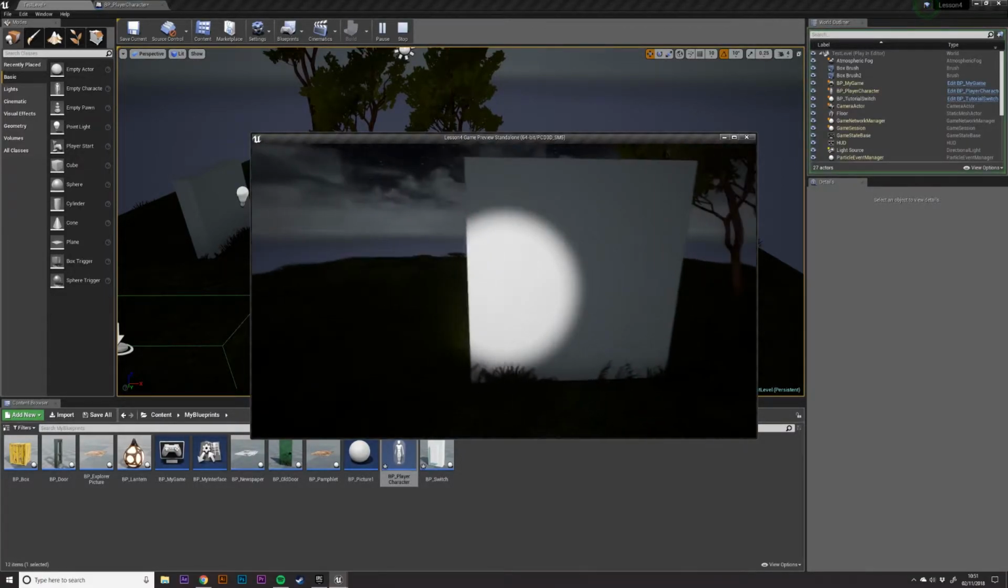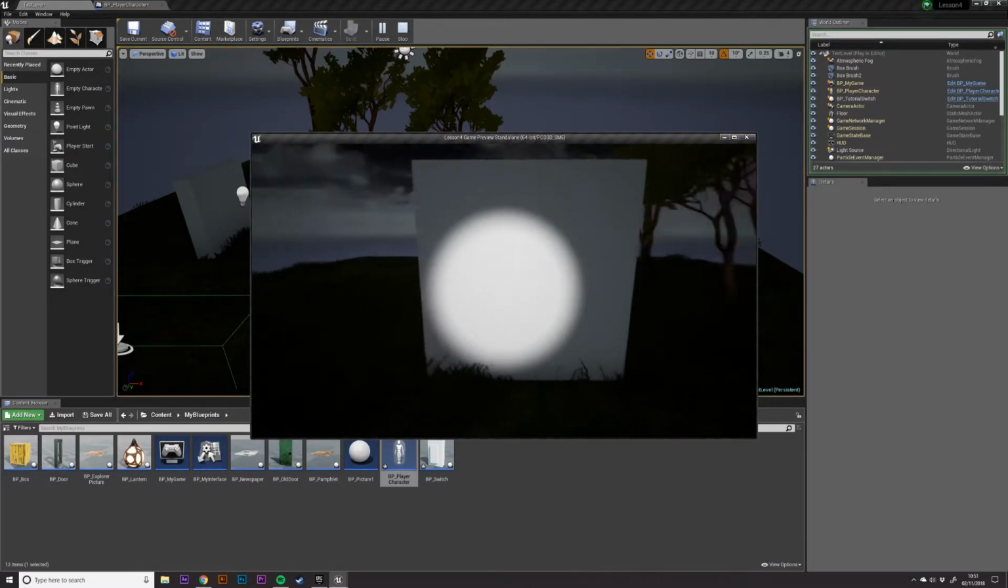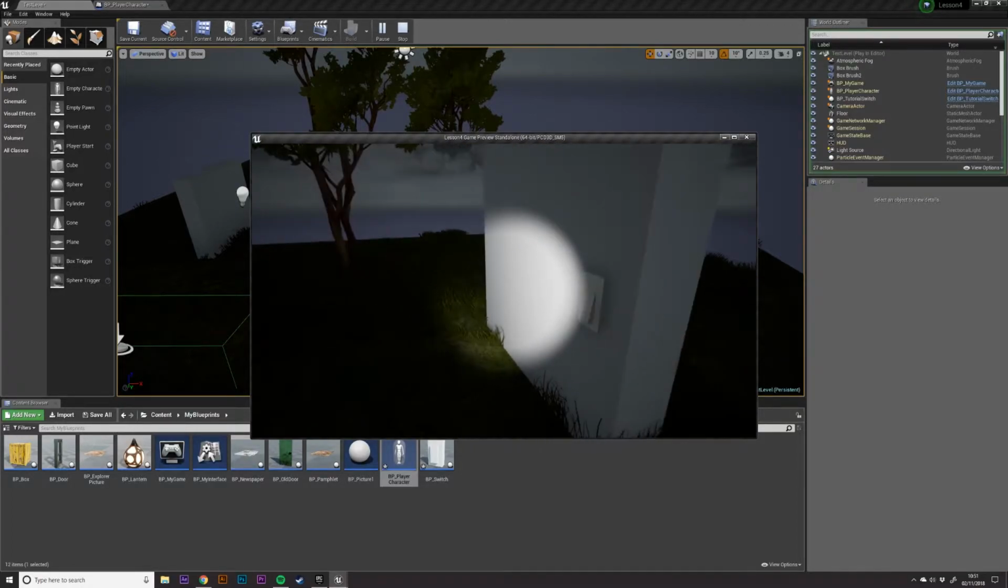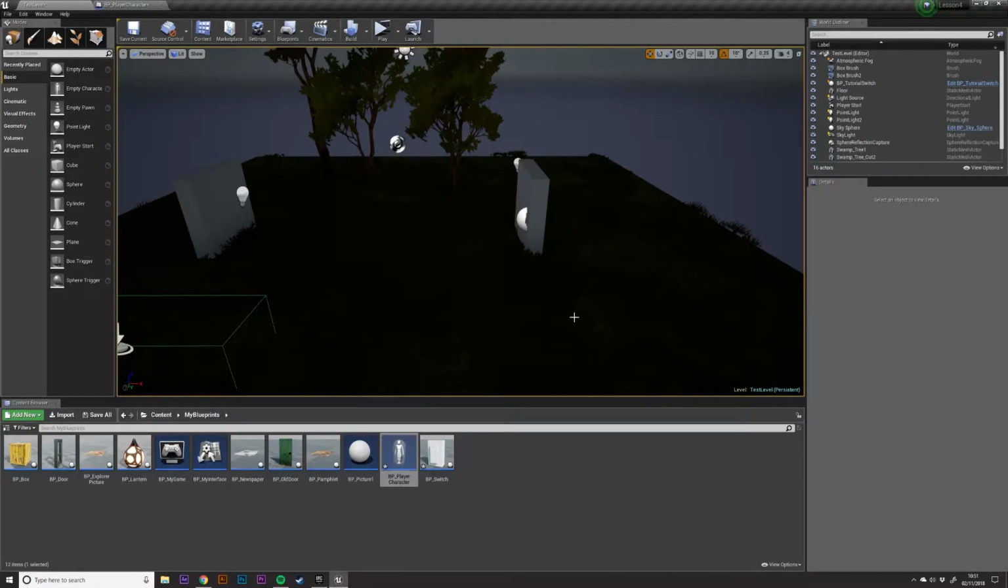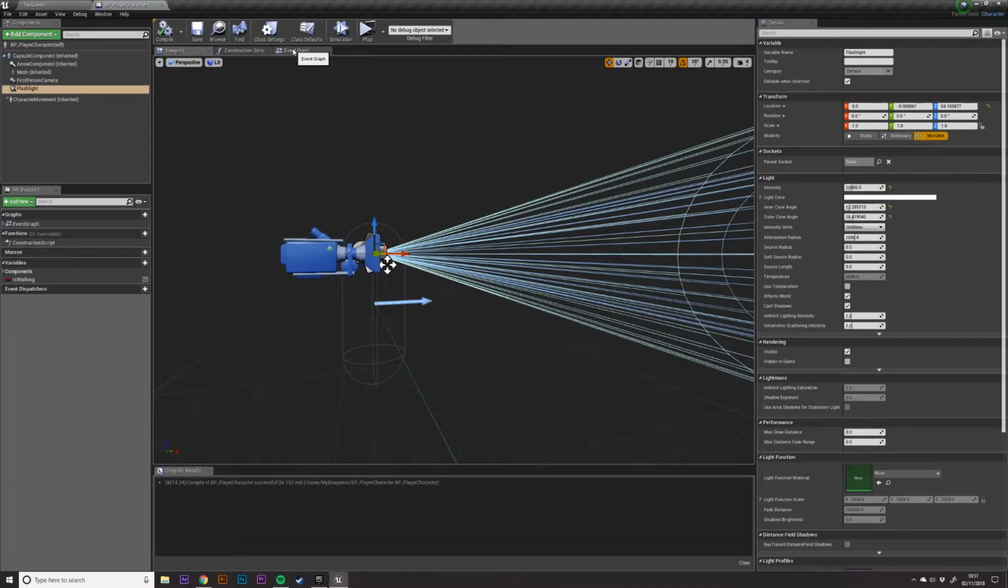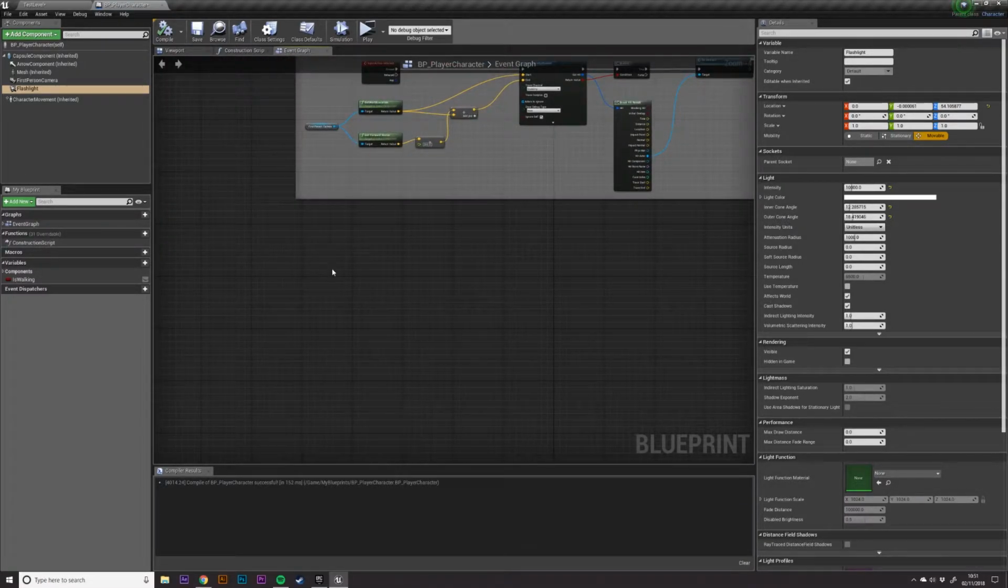We get a bit more directed light, pointing directly in front of us as we move around. So I think that looks pretty good. Let's get some functionality to actually be able to toggle that on and off. So I can go to Player Character, go to my Event Graph, and down the bottom here, let's start adding